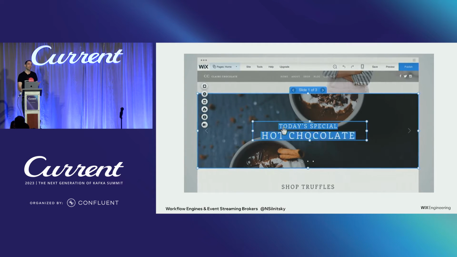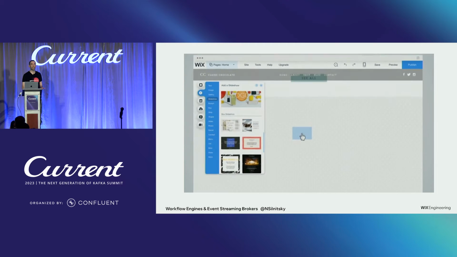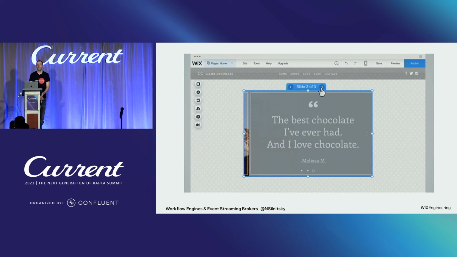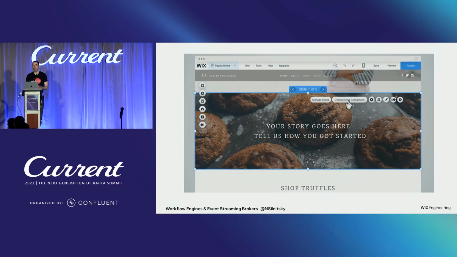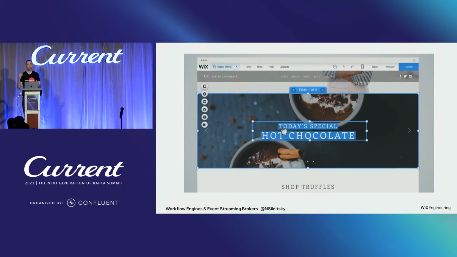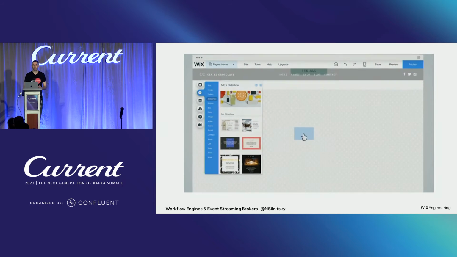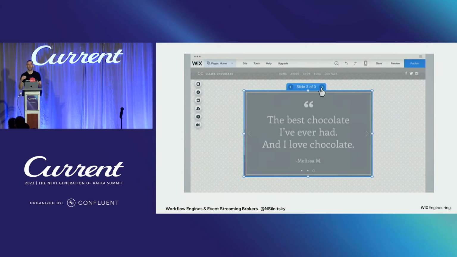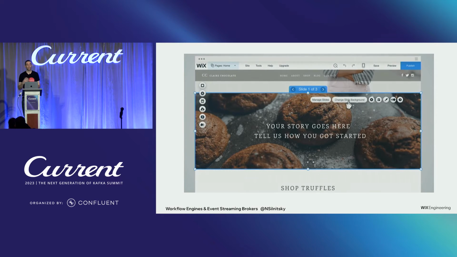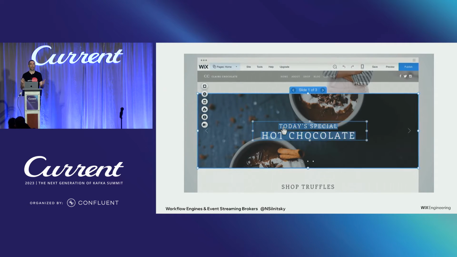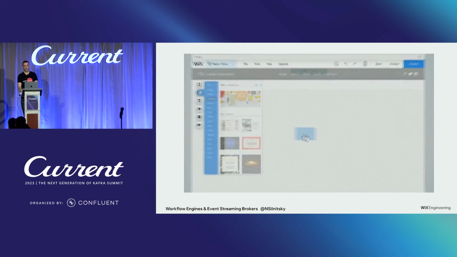Now, our goal is to allow any type of business, big or small, to use the power of the Wix platform. And for that, we have quite a big and complex distributed production environment with a lot of different business verticals: e-commerce, restaurants, bookings, hotels, and stuff like that. So it really means that we need to be very vigilant about the technologies we use and allow them to offer us a lot of flexibility and power, especially at very high scale.